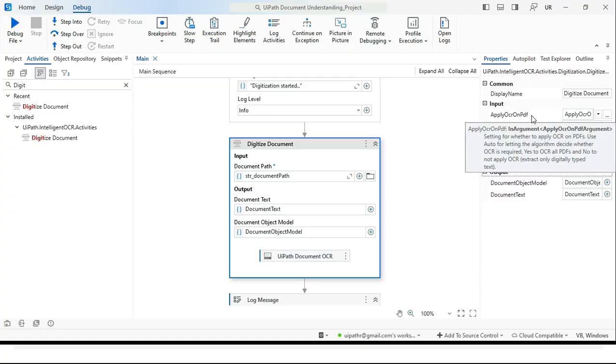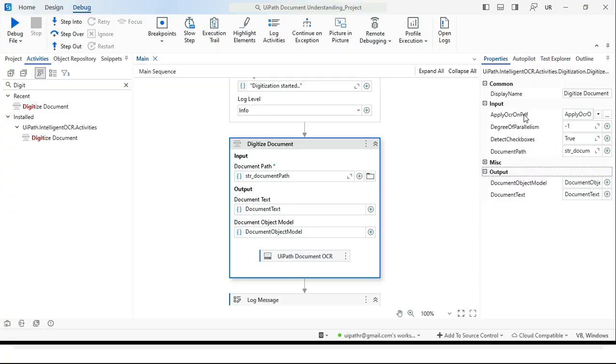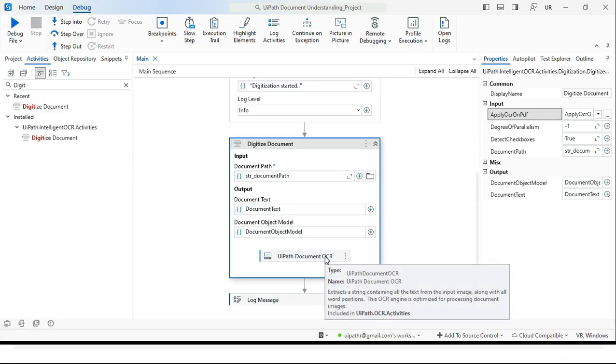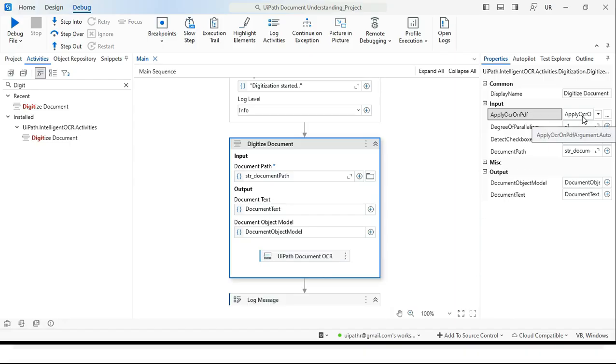So here we have Apply OCR on PDF. It's set to Auto. We have two more options, Yes and No. Means do you want to apply OCR on that document? If you say Yes, OCR will be applied, means this OCR engine will be used to extract the text from the scanned PDF.